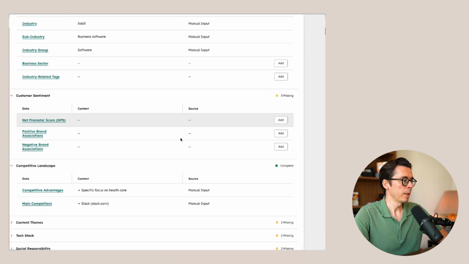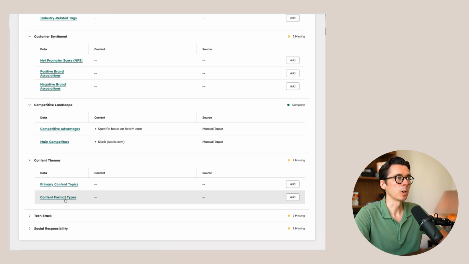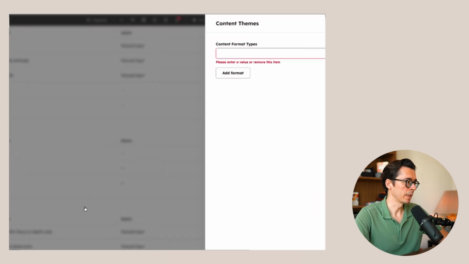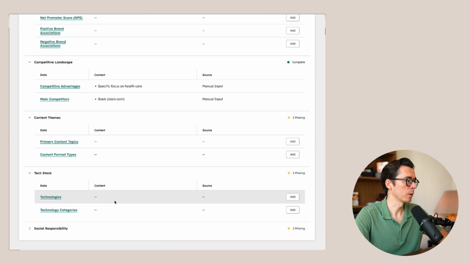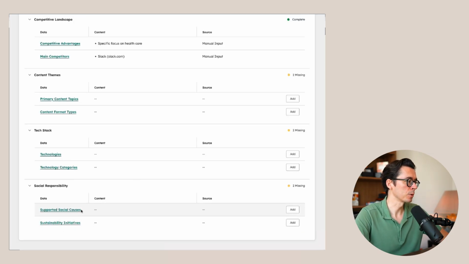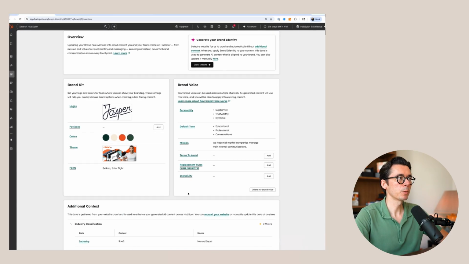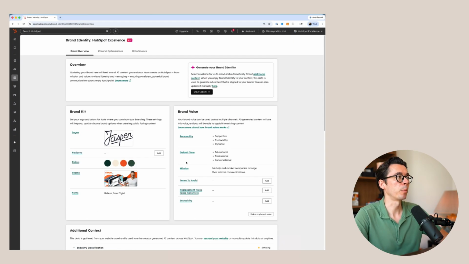Then for the content themes, we can choose the primary content topics and content format types. So we can add those in here as well. We can add our tech stack, and we can also add social responsibility related information like supported social causes and sustainability initiatives. So when you fill all of this out, your AI is already going to perform a lot better,